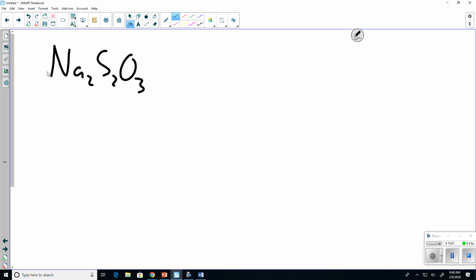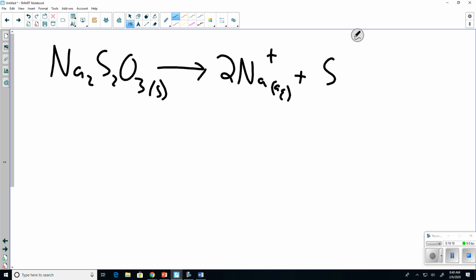That's the formula for sodium thiosulfate. If I were to add it to water, it would dissolve into 2 Na+ aqueous plus S2O3 2- aqueous. I picked this one as an example because when I put this in water, I actually have to use sodium